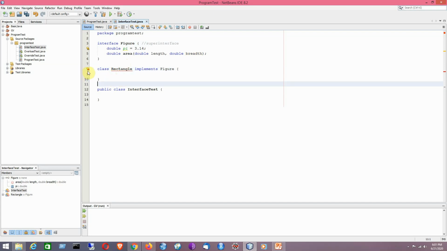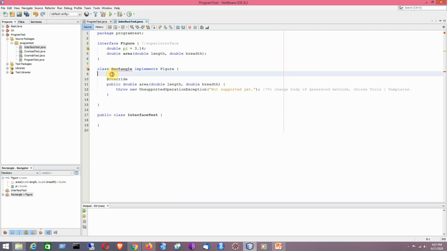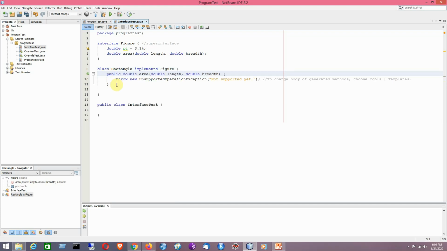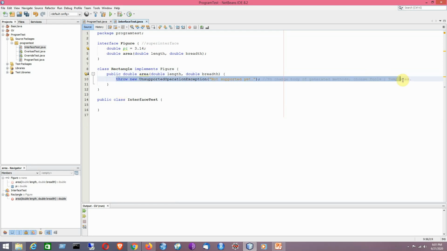So it is showing an error because I have not implemented the abstract methods, because it will be going for full abstraction. So all the abstract methods must be implemented fully. So that is the idea.